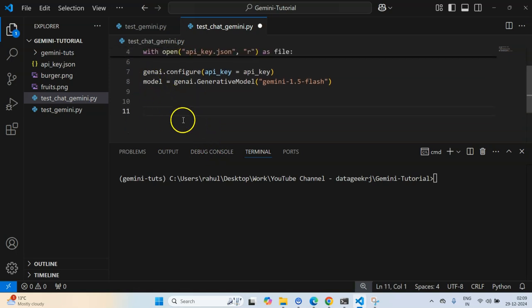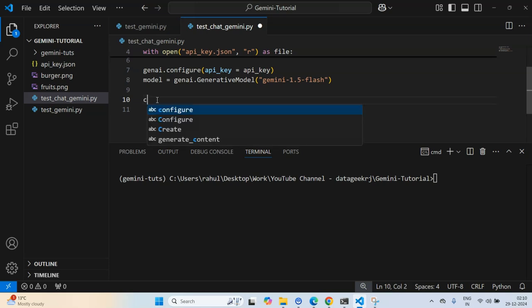But from this step, I really like this thing about Google's Gemini, that it makes it very easy to build a chat-like interface. With other packages, we need to build a context memory of all the conversations that have happened. But with Gemini, it's not required. So let me show you what I mean by that.